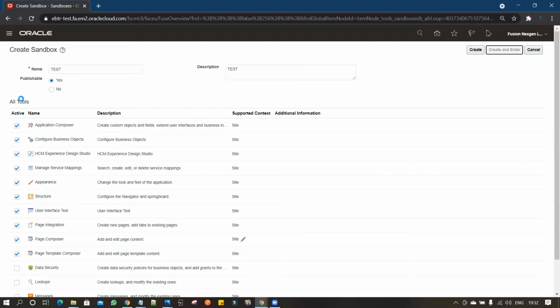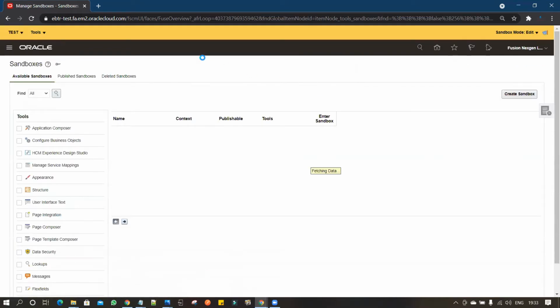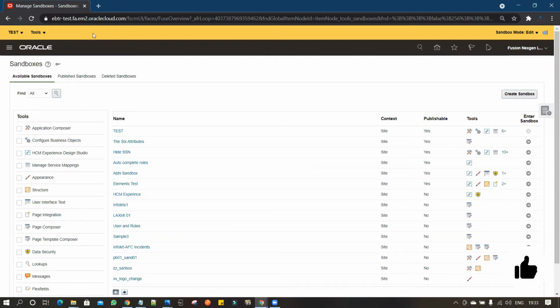There are a lot of tools available which you can utilize to personalize and customize your Oracle Fusion UI and achieve your business requirement. We have to wait. Yeah, you can see that the sandbox is activated.